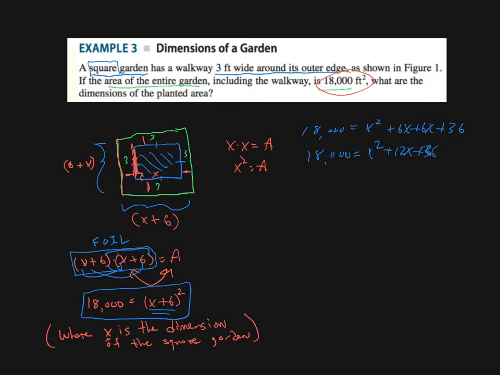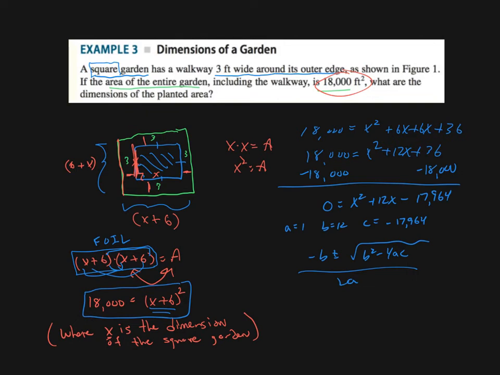So in terms of solving a quadratic, we want to be able to set the term equal to 0. So we need to subtract 18,000 from both sides. All right, and as you see, I have written down the quadratic formula. This is not going to be something that's fun to factor, even if it is factorable. I'm just going to assume it's not. And since I've got it set equal to 0, I'm going to write down my a value here, my b value here, and my c value here. Don't forget that the signs are right in front of them. So there's a plus here, so it's a plus 1. That's a plus 12. And then this is a negative